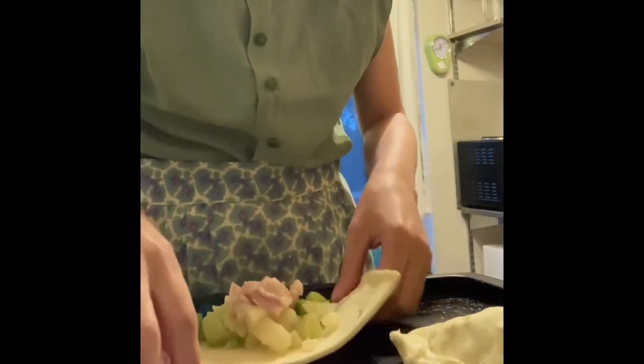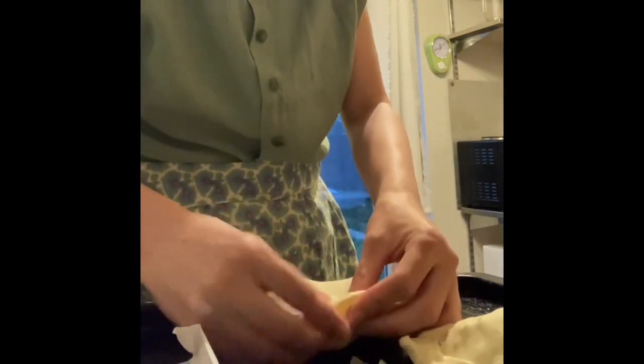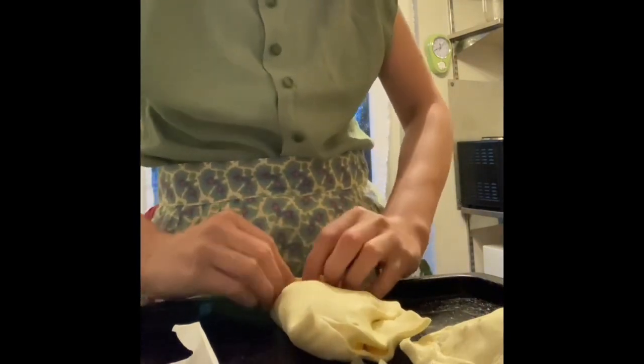So once I've done that, I will get my pastry. I get my bacon, my leeks and potatoes all together, put it into my pastry, and then roll up the sides into a square. I never used pastry before really, and I haven't got a clue, but it said in the instructions to wet the sides, so I pinched everything down on the sides to make it all stick together, and then brush with water. It makes it stick together, and